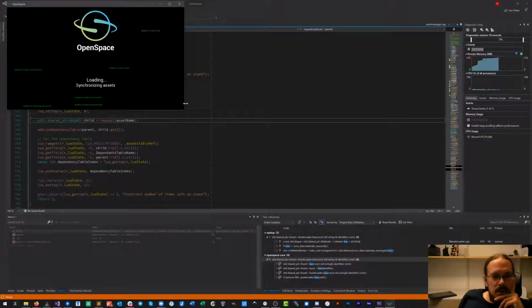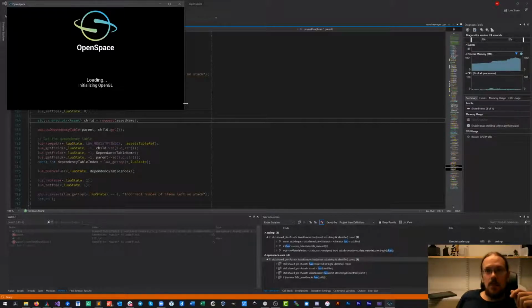But the problem is that, as we saw, when we try to load them, we have to check if they've already been loaded or not. And so we have to decouple the initialization and the creation phase of the assets so that we can create them all at once beforehand and then throw away the ones where we have it set to false, but we also have one with true, and then only initialize the ones that are true.